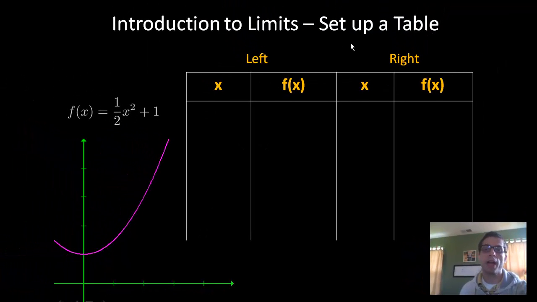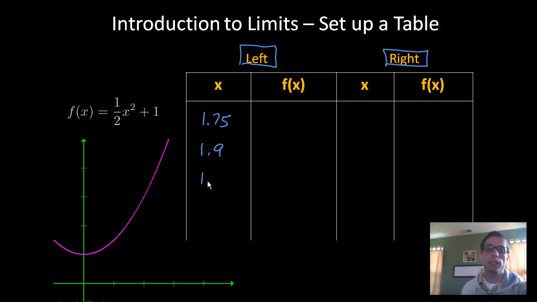So let's take a look at the same graph, but we're going to set up a table. Now I have a left hand and a right hand side. You're going to see these again in later videos. What I'm going to do is plug in x values slightly to the left of 2 in this column, and slightly to the right of 2 in this column. So some x values slightly to the left of 2, we can say like 1.75,